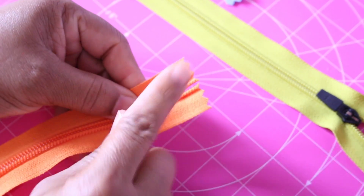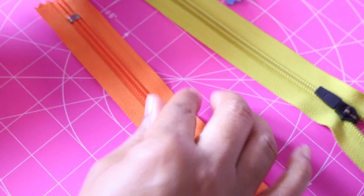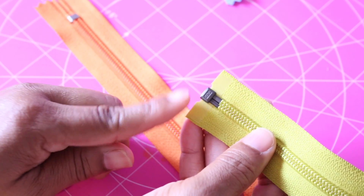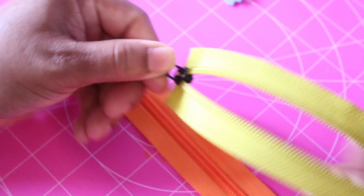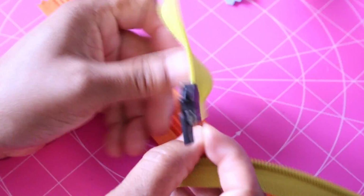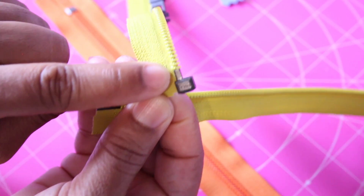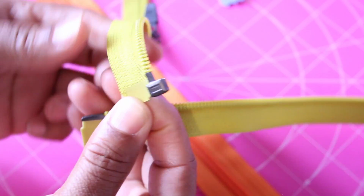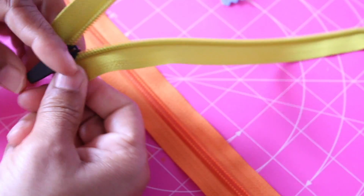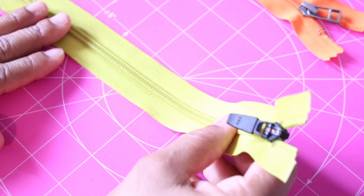As you can see, this has a bottom stop on it. This is a separating zipper. It has a pin box. And what I mean is it has a pin in your zipper pin box. You can see that. So we'll go over the anatomy of each one, and then we'll go into how to remove top and bottom